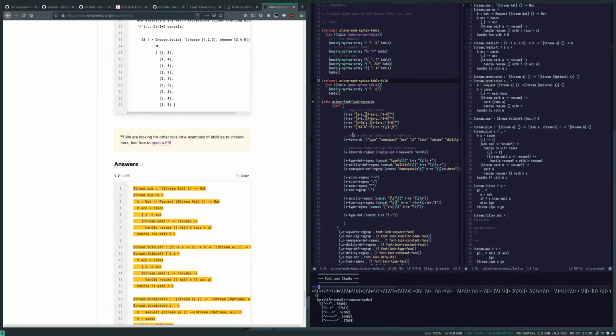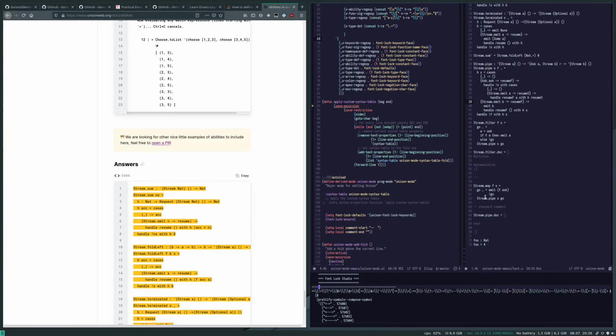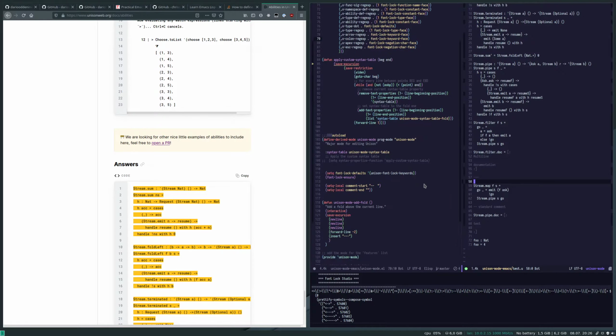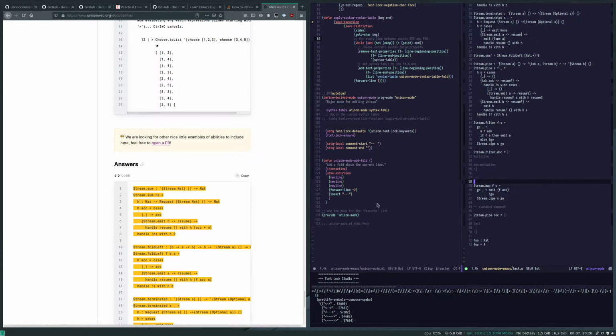I guess the easiest thing would be trying to write something to remove this fold. So let's try doing that. So we can call it unison mode remove fold. Which removes the fold directly above the current line, which I